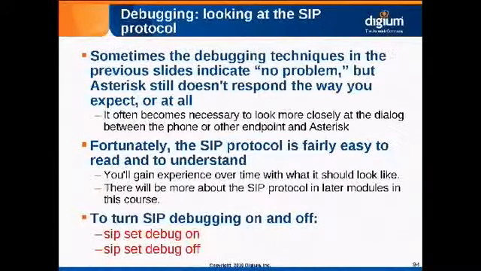The next thing that I want to point out is that sometimes just looking at the dial plan and looking at the messages on the command line interface aren't enough. Sometimes you want to do a little deep dive into the protocol. Somebody asked me earlier, back here somewhere, they were talking about the SIP protocol. And how do I get the SIP messages to show up on my console? What if I wanted to take a little deeper dive into the SIP protocol? Well, one easy way to do that is use the SIP set debug on command. And then when you do that, you'll actually see the SIP messages right there on the Asterisk CLI, and they'll go